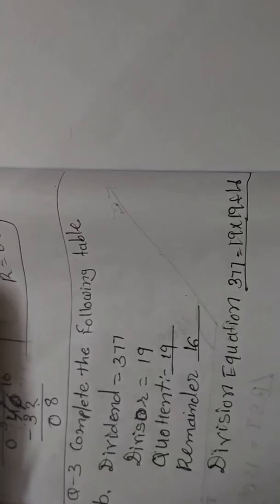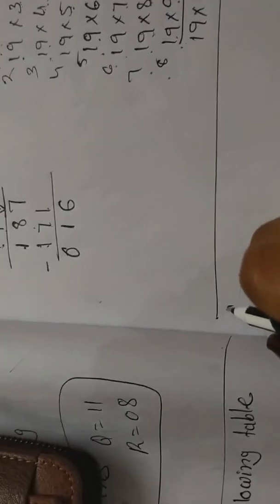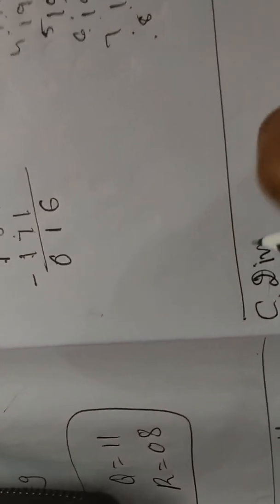Okay students, I hope your work is complete. Now we'll start the C1 question. So let's start that. So students, in that C1 question, dividend is equal to 529, divisor is equal to 29. We have to find quotient,